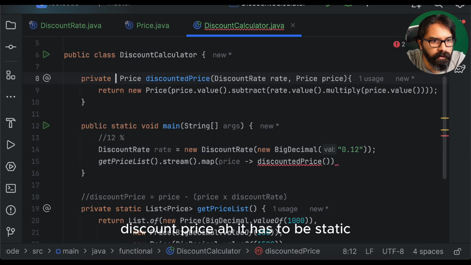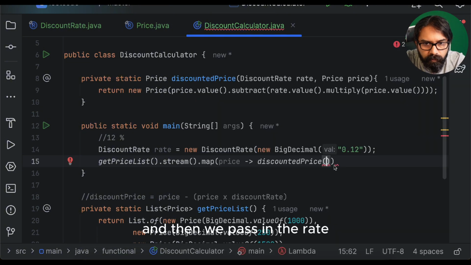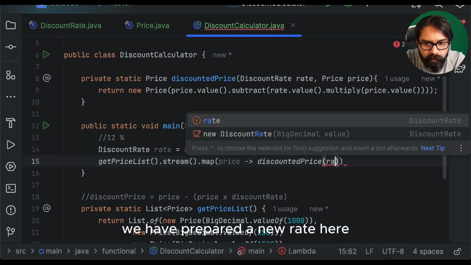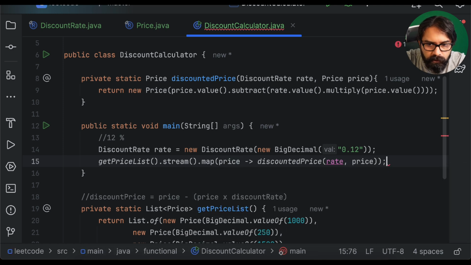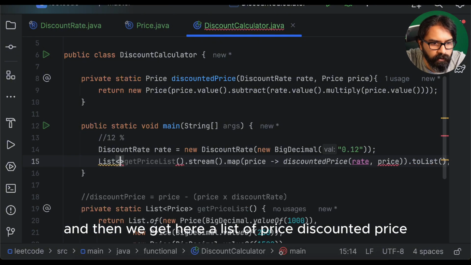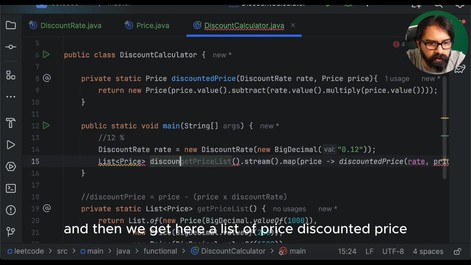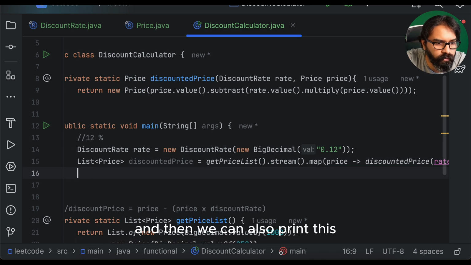It has to be static because we operate in static context. And then we pass in the rate. We have prepared a new rate here, and then it accepts a price. So we can collect this to a list, and then we get here a list of price, discounted price, and then we can also print this